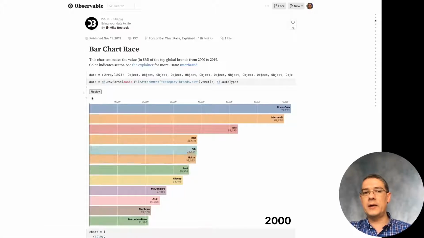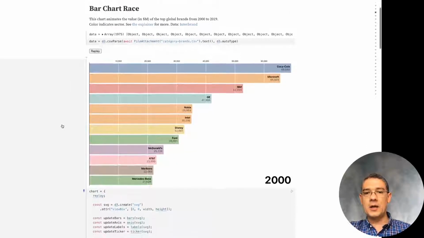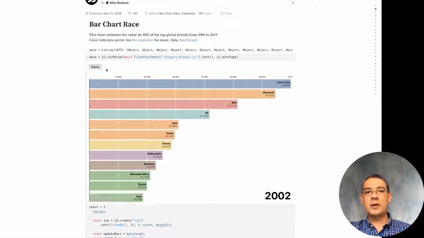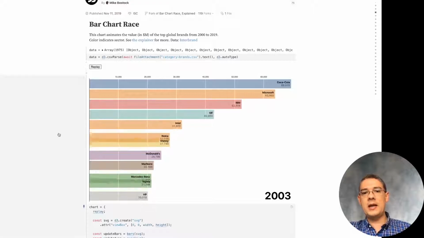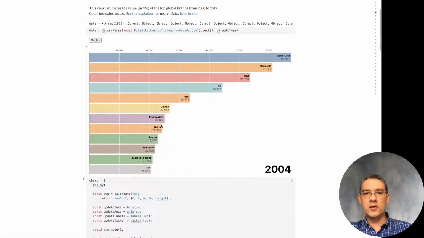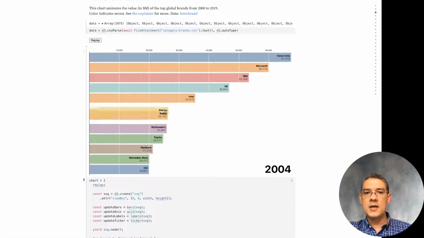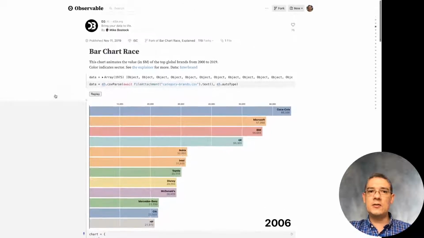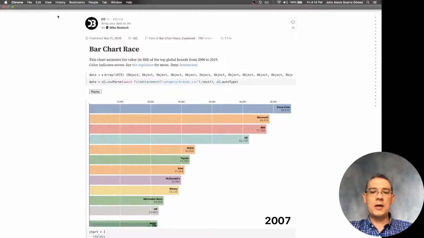Like here is one of the famous ones that became common in 2019 and 2020. There are the bar chart races. And as you can see, being able to control all of those subtle details, notice how all the numbers are being tweened in between the different transitions. All of that is only possible because you have D3.